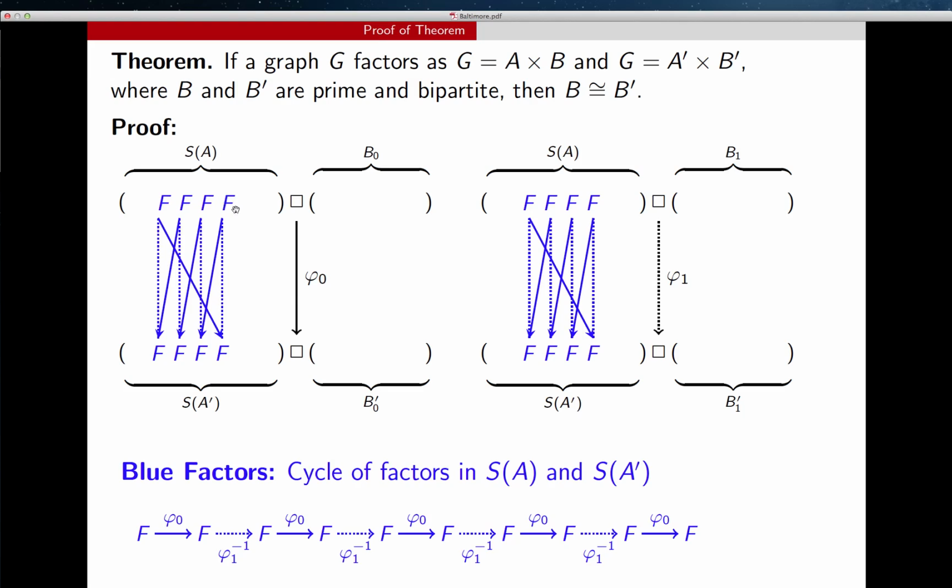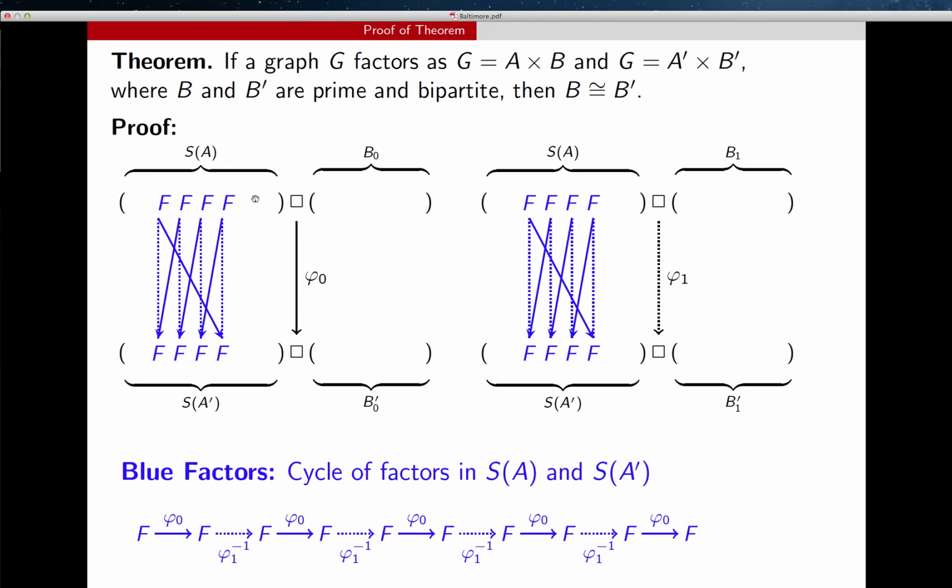If you take a factor F of the skeleton of A, phi naught is going to send it to an identical factor of SA prime. But remember that phi 1 inverse over on the other side is going to send factors back to S of A. And blue factors have the property that when you apply phi 1,